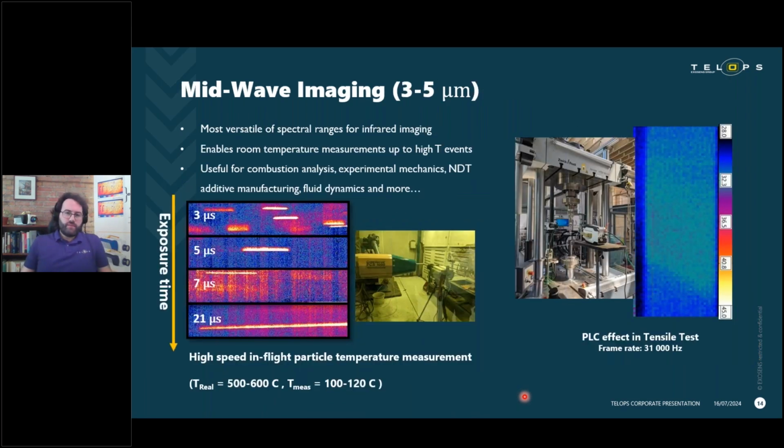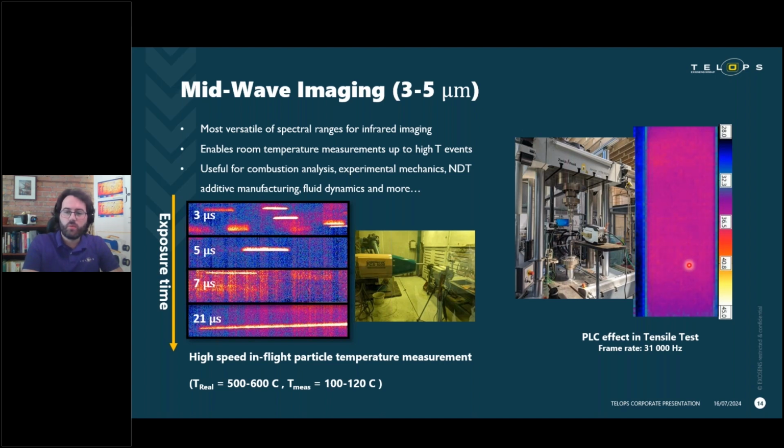Now for midwave imaging, more in the 3 to 5 microns for the standard midwave, I would say that band is the most versatile really of the different ranges for infrared imaging, because it's in that middle. We can see quite well room temperature objects all the way to high temperature events, because we have that flexibility with those cameras. So being that in between range, you can actually do combustion analysis, experimental mechanics, like on the